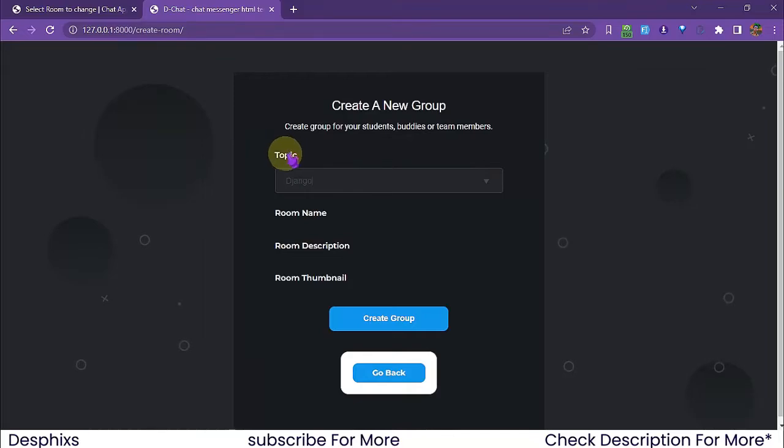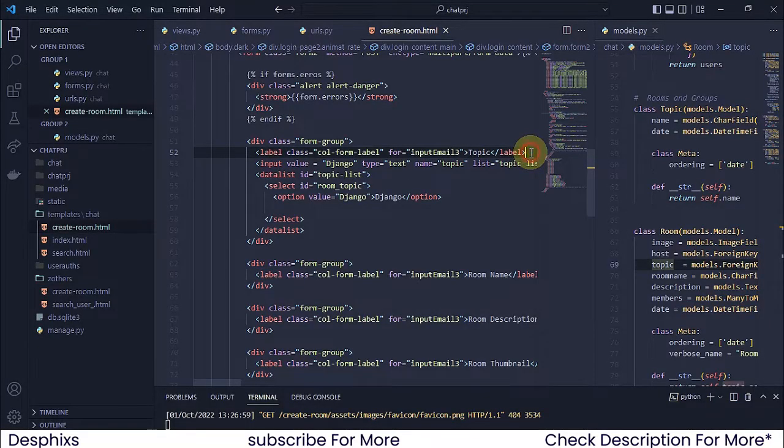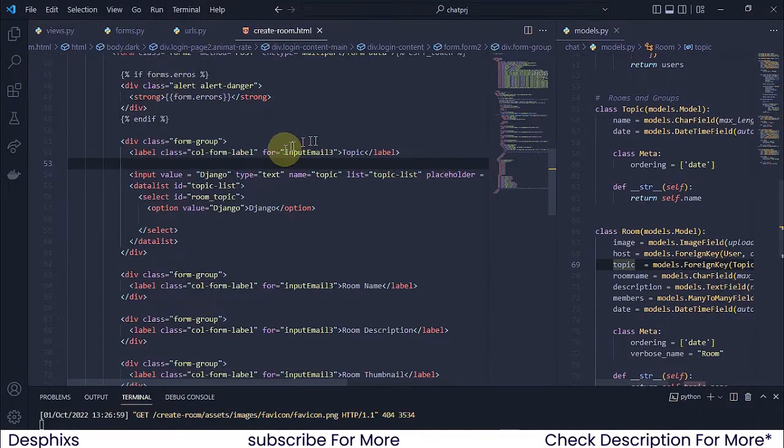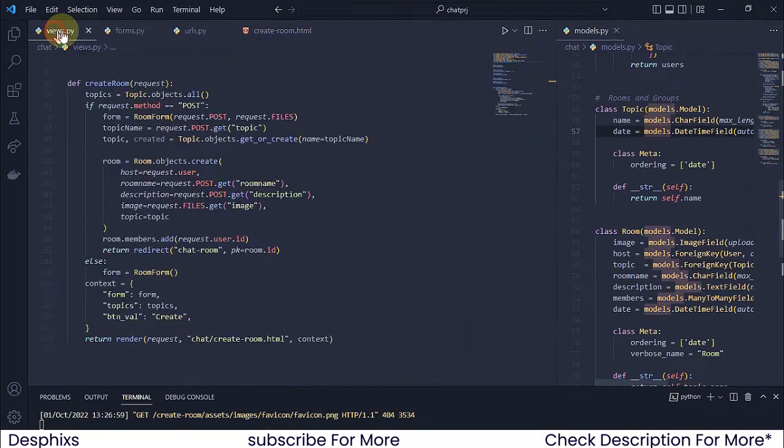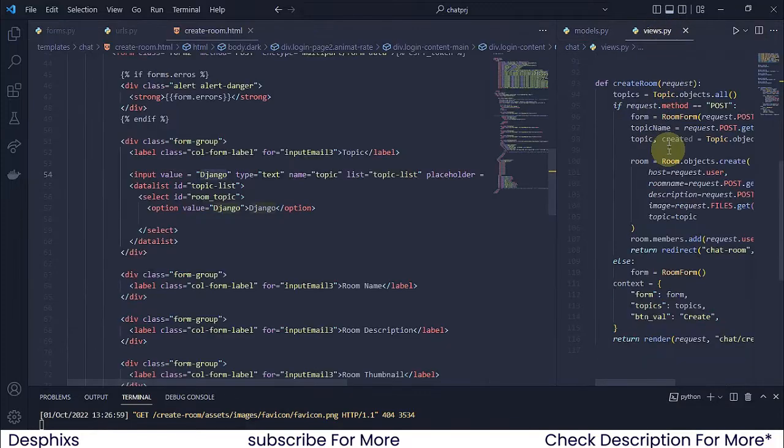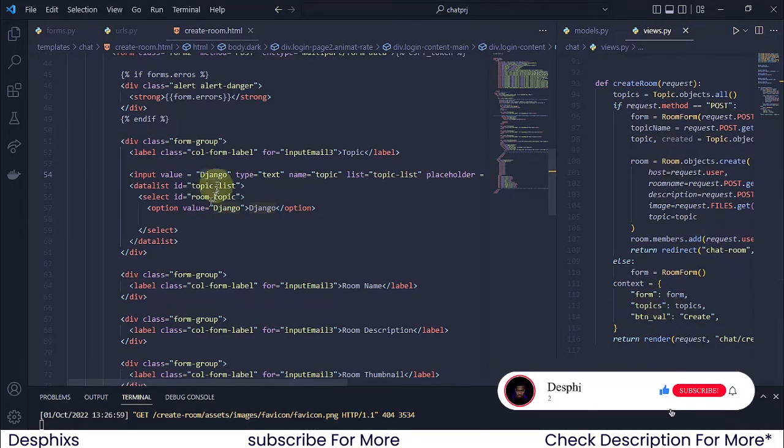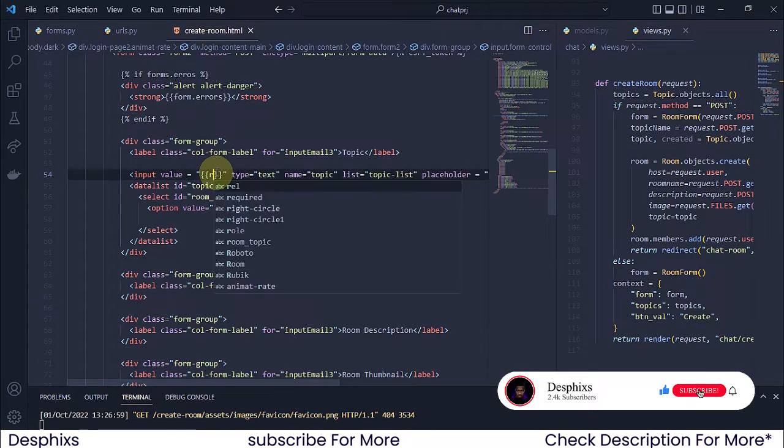As you can see, this is the label topic. I'm going to break this apart so you have an understanding of what's going on and don't get confused. I'm going to change out some of the dummy placeholders that we've got over here. For example, for this input value, we've got Django, but that's not what I want. I want to pass that in dynamically. I'm going to copy the view and put it side by side so I see everything that's going on. And so over here, I'm going to pass in